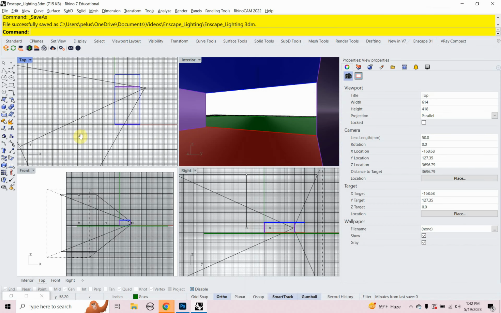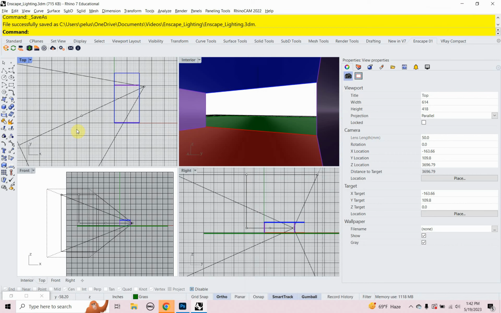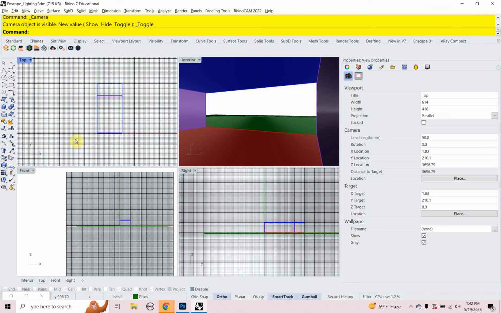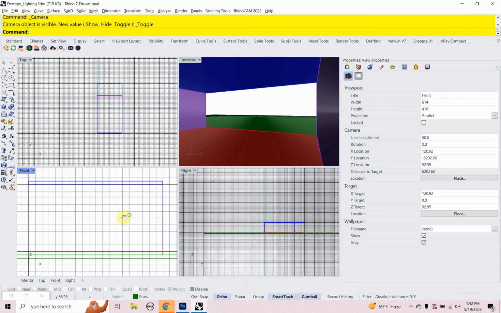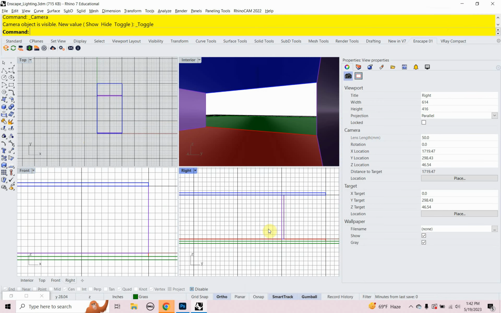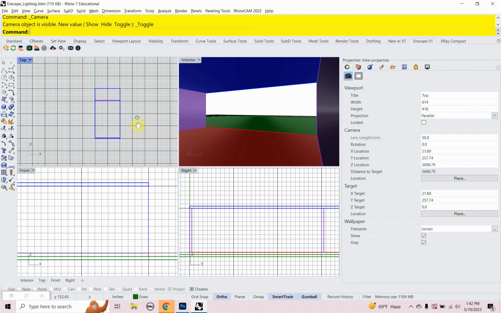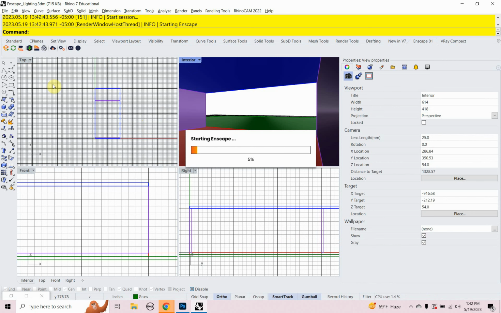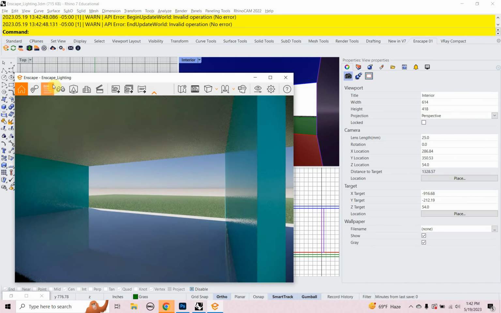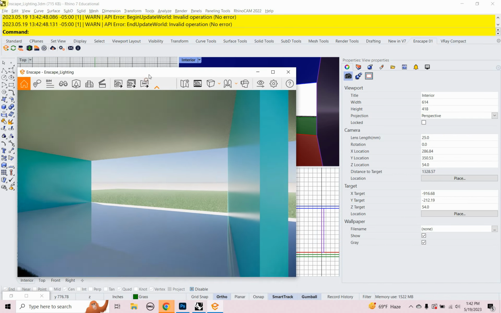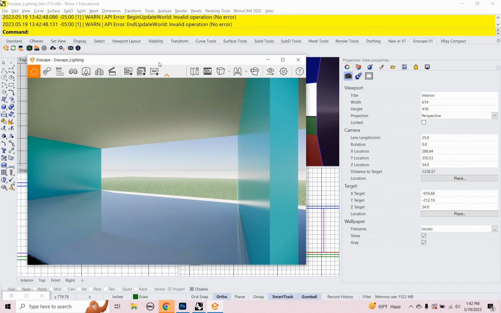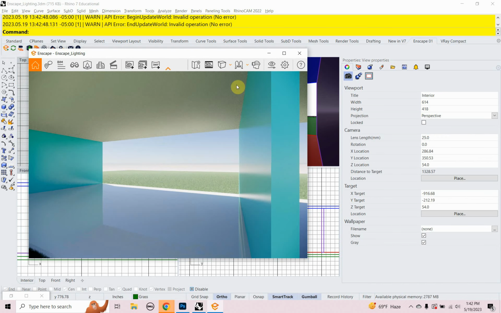So I'm going to stop showing my camera by just using function F6. That'll turn the camera off. There we go. I'm going to zoom into these viewports a little bit so we can see what we're looking at. Okay, so let's look at the sun. So I'm going to open the Enscape window up. Okay, so there is a sun in the scene, and I can move that sun in real time if I